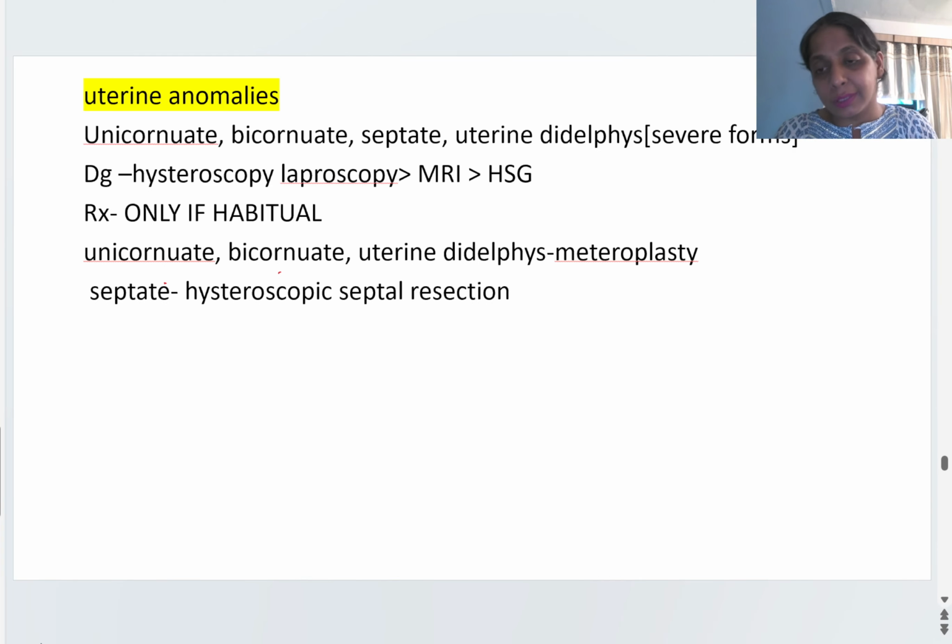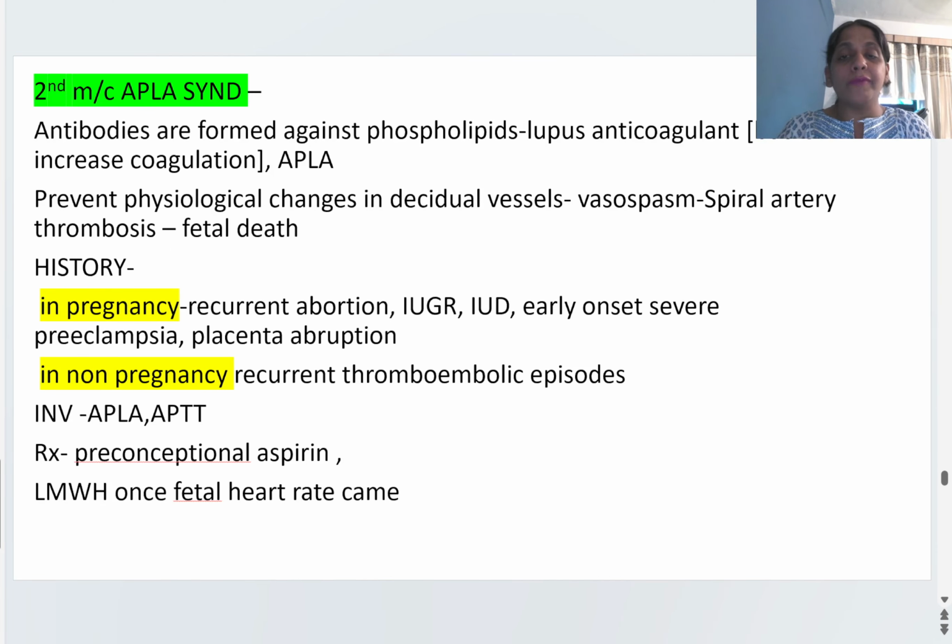फर्स्ट कॉमन कॉज सेकेंड ट्राइमेस्टर रिकरेंट अबॉर्शन का एनाटॉमिकल एनॉमलीज है, जिसमें सर्वाइकल एनॉमलीज और यूट्राइन एनॉमलीज आते हैं। सेकेंड मोस्ट कॉमन कॉज है रिकरेंट अबॉर्शन का अपला सिंड्रोम। फॉस्फोलिपिड्स के अगेंस्ट एंटीबॉडी बनती है, उसको ल्यूपस एंटीकोगुलेंट और अपला बोलते हैं, एंटी फॉस्फोलिपिड एंटीबॉडी। और जब ऐसा होता है तो उसको एंटीबॉडी सिंड्रोम, अपला सिंड्रोम बोलते हैं।